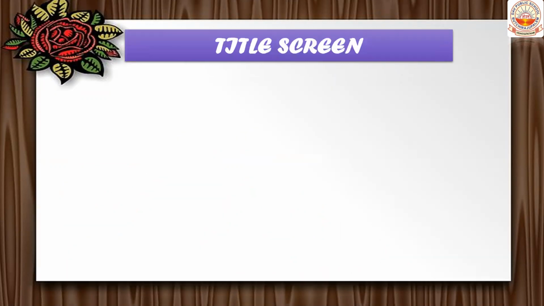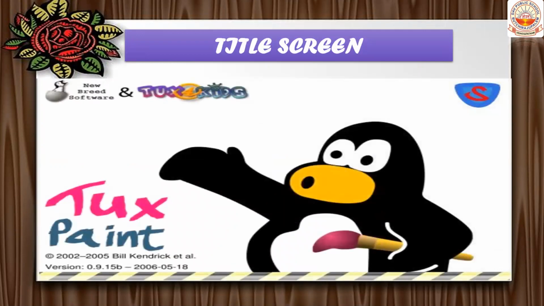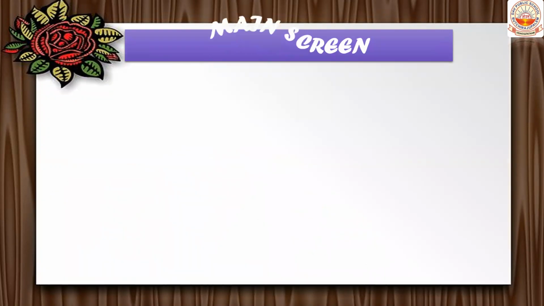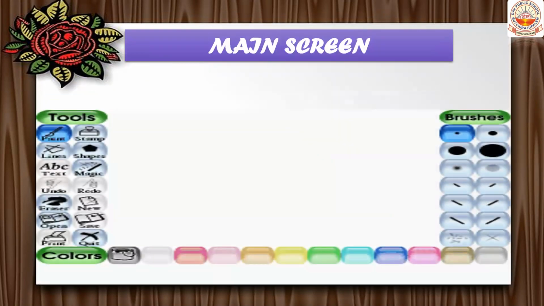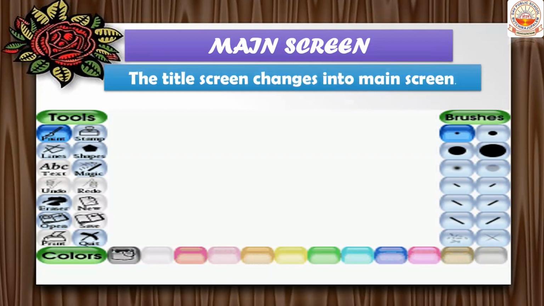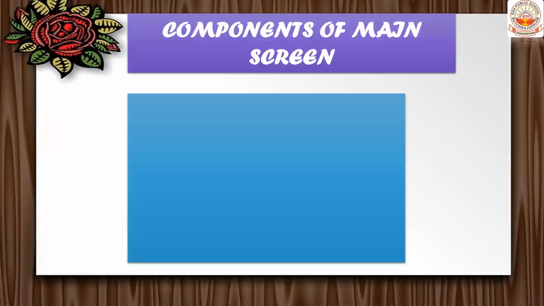Then the title screen will appear. So you can see the title screen here. This is a title screen. Then after a few seconds, you can see a main screen. So this is the main screen. The title screen will change into main screen. So the main screen has many components.